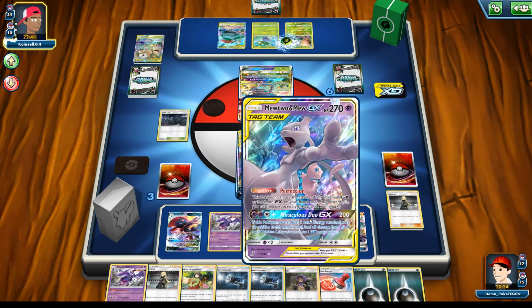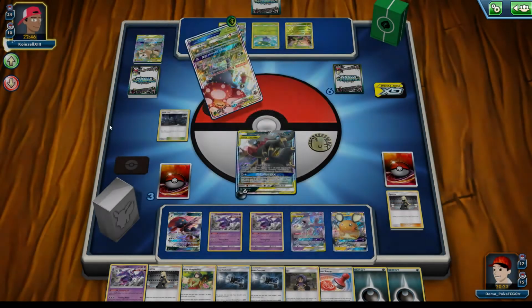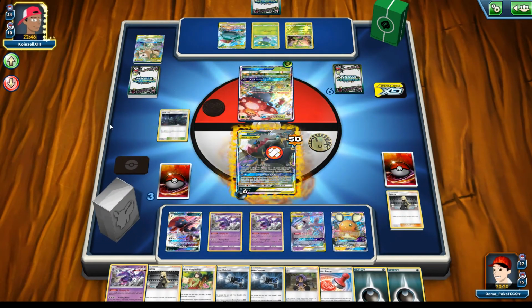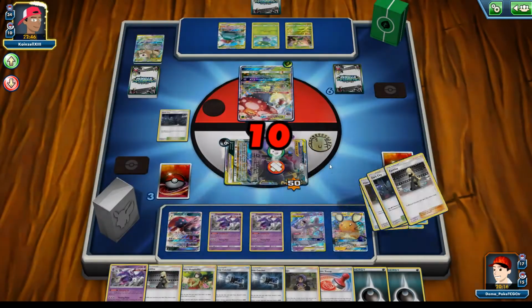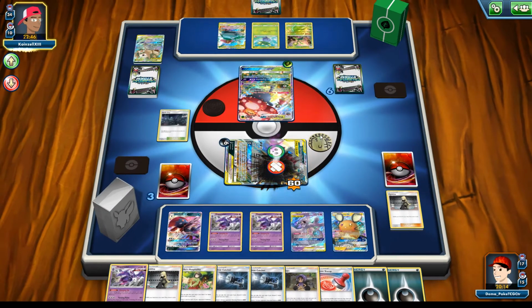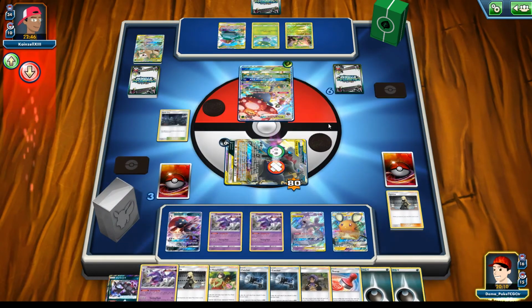As long as I have Mewtwo in play, I only need one thing, and oh, he can Paralyze. Alright, so we need Tantalizer and some sort of Greninja tag team in the discard pile. Okay. Can we get all of those resources? I'm not quite sure, but